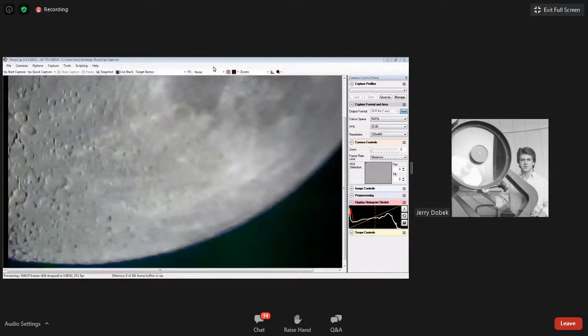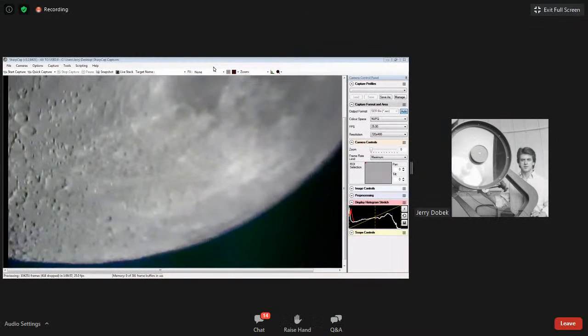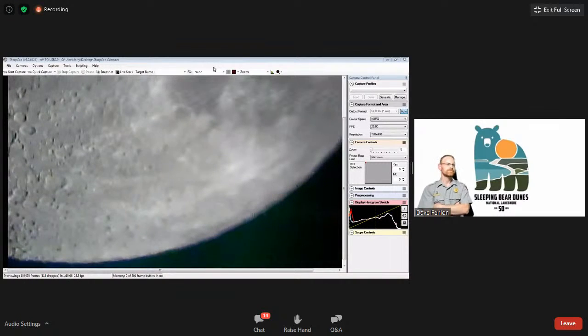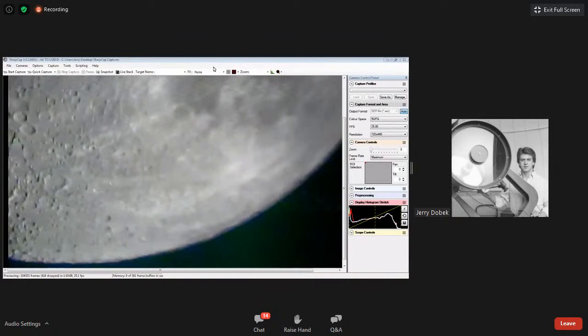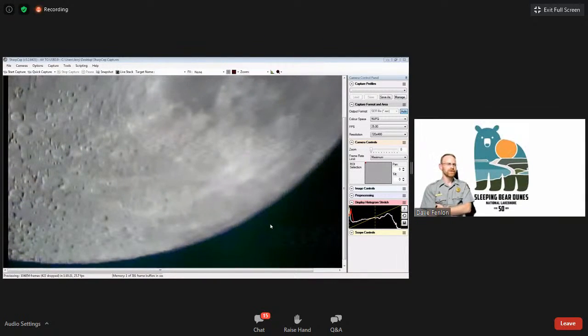When we have the sun and the moon in the same location or close to it, like during a new moon, or even during a full moon when they're opposed to each other, we'll have the greatest change of tides, called spring tides. During a first quarter and third quarter moon, the sun and the moon kind of balance each other out, and we have a lesser tide called a neap tide, N-E-A-P tide. Even though the sun's farther away, it's just that much bigger. It's pulling